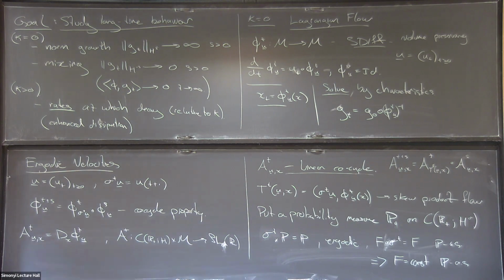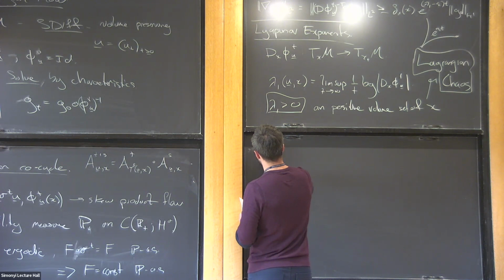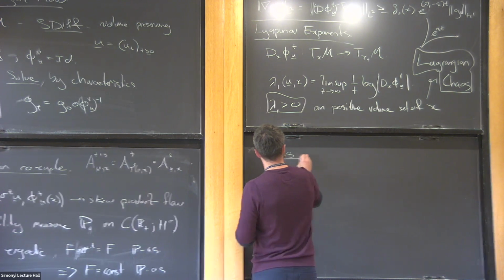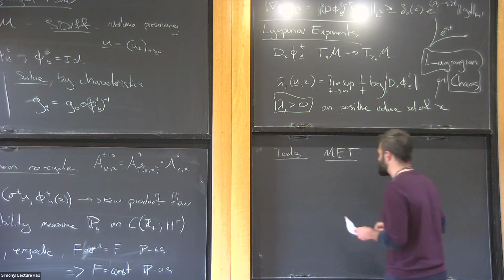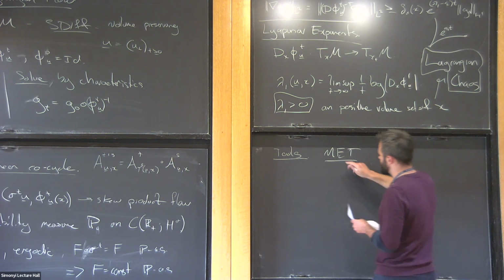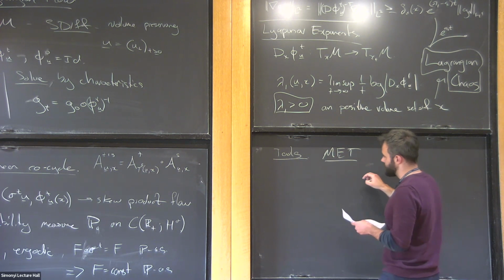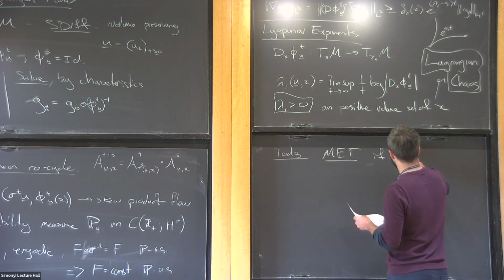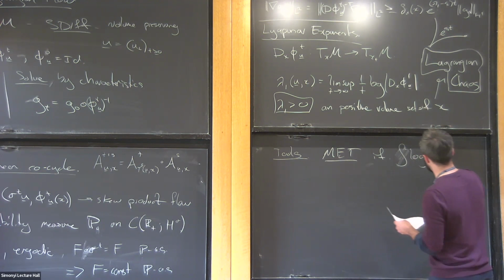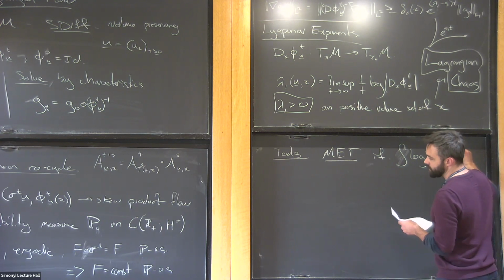Yeah, so in fact, all I'll mention is that in this particular setting, you have some tools at your disposal that are convenient. So the first thing you have is the MET, or in fact, I'm going to give a truncated version of it, sometimes known as the Furstenberg-Kesten theorem, which essentially just says that if, let's say, the integral of the positive part of the log of A x,